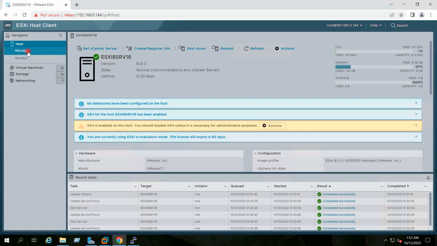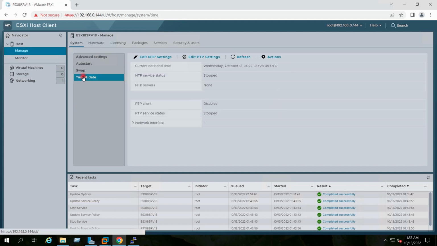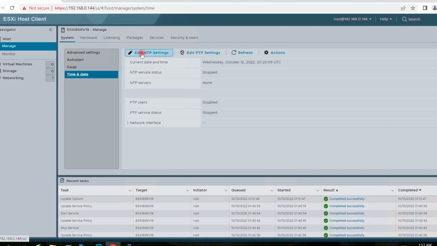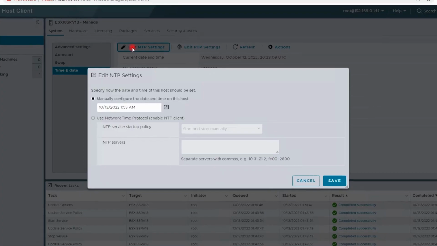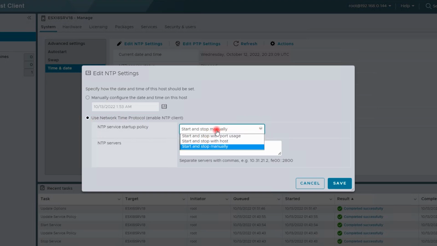I will go to manage. I will go to date and time. I will click on edit NTP settings and I will tick here use network time protocol, and here in the drop down I will select the option start and stop with host.